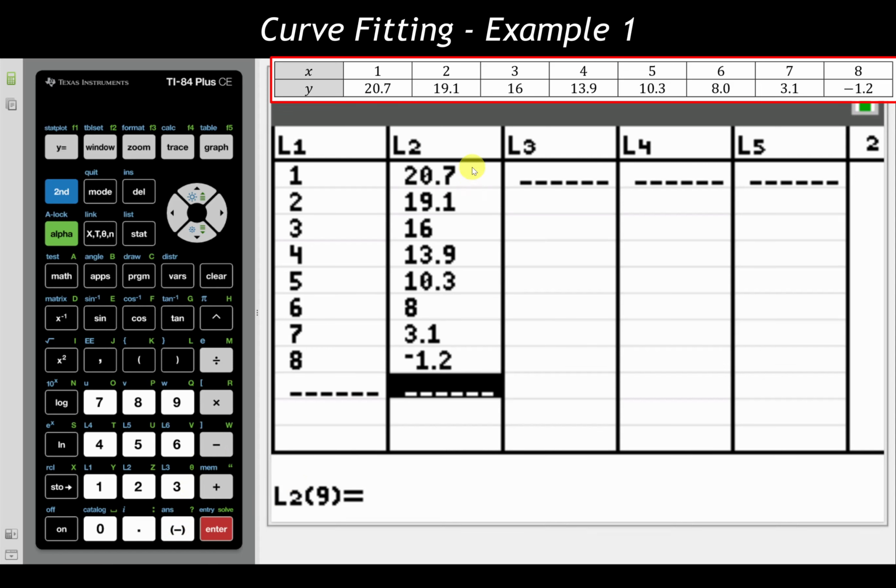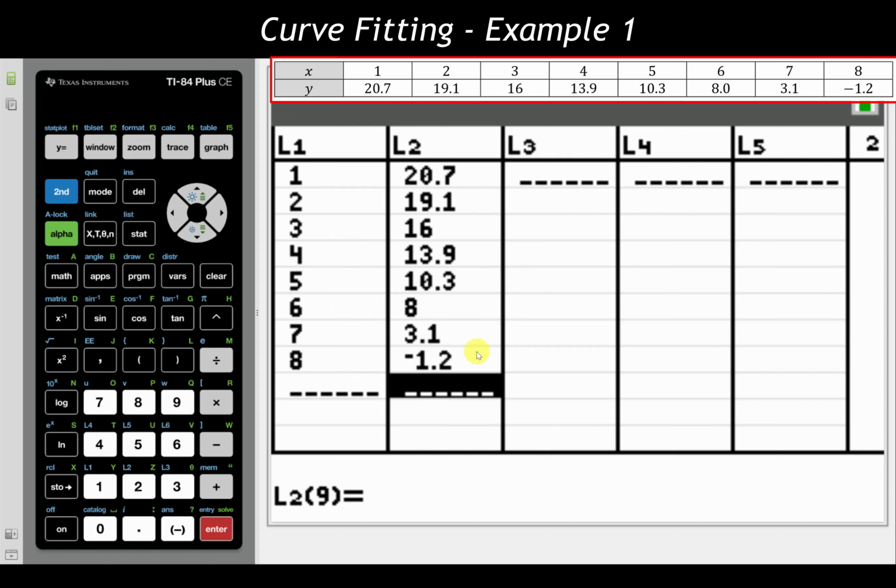Again, we're double checking everything is entered in correctly, and it looks like it is. You might be wondering, looking at this, well, the data set that was given says 8.0, but the graphing calculator just makes it a single 8 here. Yeah, it does that. Nothing wrong with that. That's just how it operates. Some people freak out about that being slightly different, and while it's good to make sure that we're taking care of this, if that's the difference that the calculator does, we don't really have anything to worry about there. So fantastic. All of our data is entered in correctly.